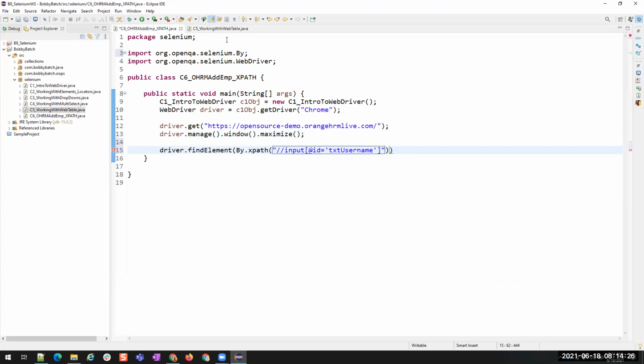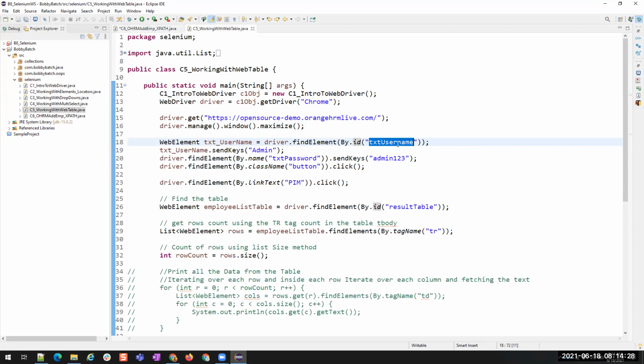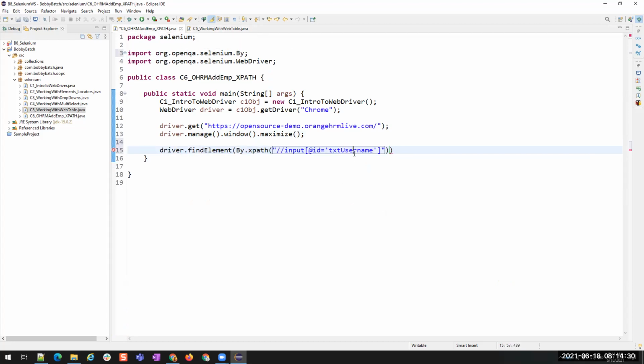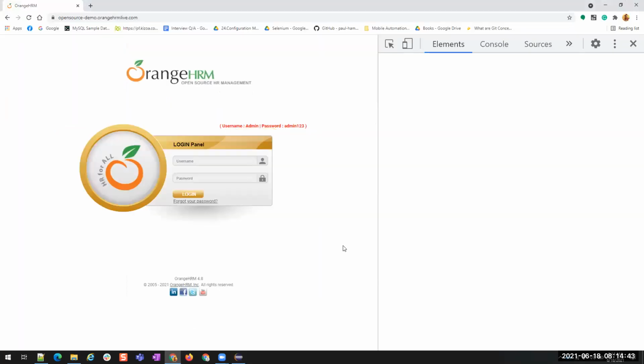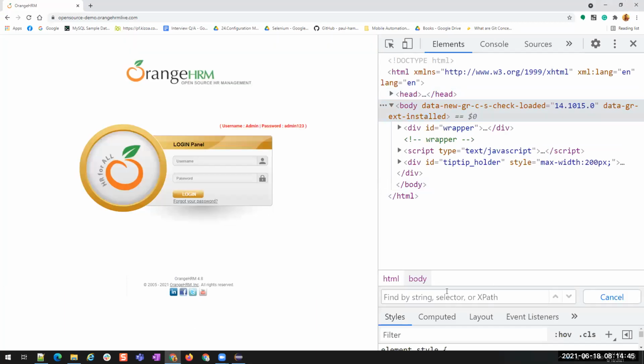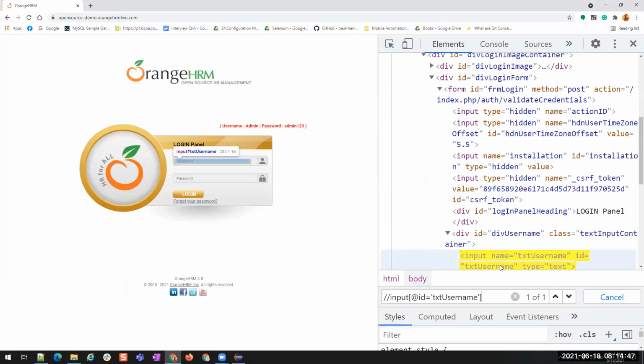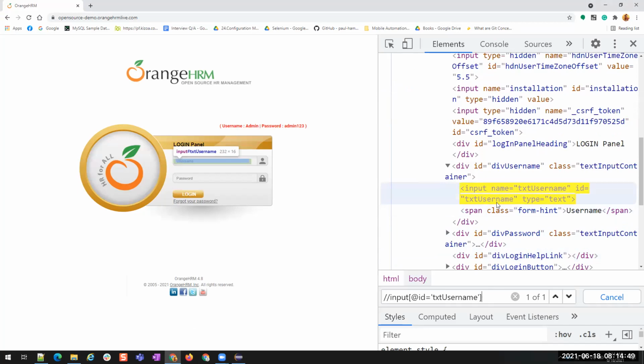That's all. Since we already wrote those things, I wrote it directly, but I can also show it to you. Go here, F12, then Control F, and paste it here. You see, is it able to find it?